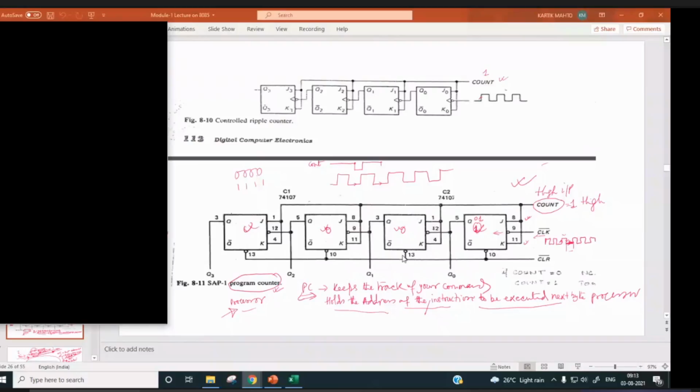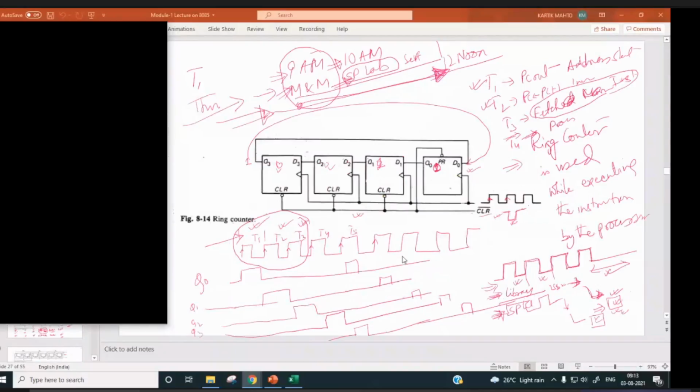Then we have a very important circuitry, the ring counter. Now the ring counter actually indicates the continuous clock as different periods. Like, right now it is 9 o'clock. After 60 minutes it will become 10 o'clock.